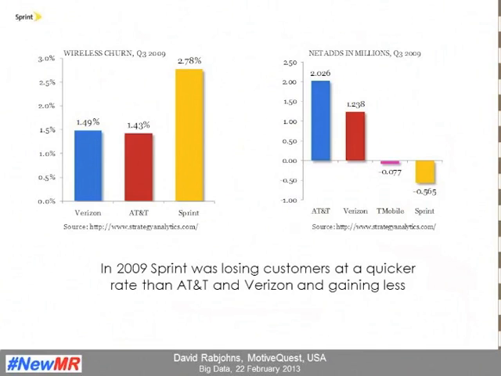Okay, so rewind the clock to 2009. And 2009 was a pretty momentous year in the US for cellular because that was the year the iPhone launched. And what happened as a result of that launch is Sprint, our client in yellow, who didn't have the iPhone, was being dramatically beaten up. Their churn, which is an industry metric for the number of customers they were losing, was twice the industry average, and that was translating into losing about 500,000 clients a quarter